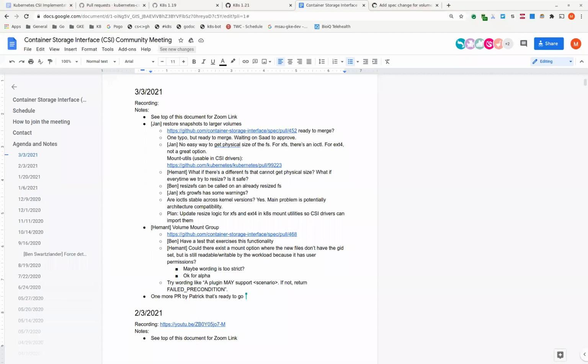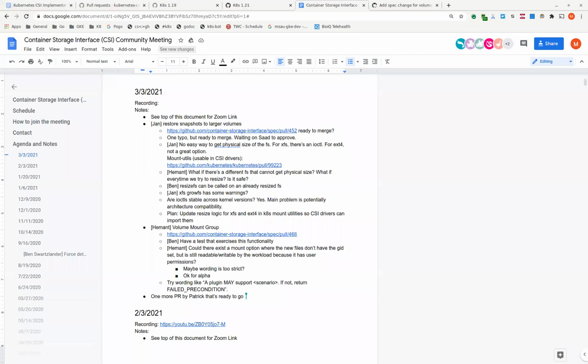Okay. I was just wondering if every driver can report this maximum volume size. If they don't know how to report, just report available capacity, I guess. I just have some questions. Now if we are switching to this, but if we are still staying in alpha, I think maybe that's better. I think that gives us some time to figure it out.